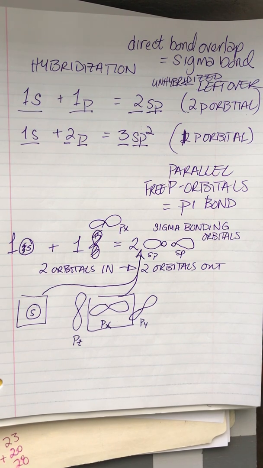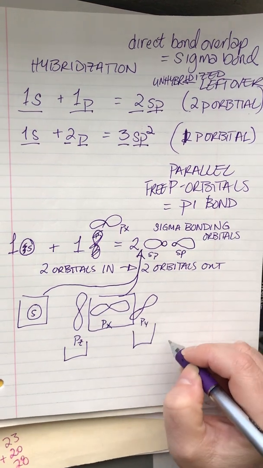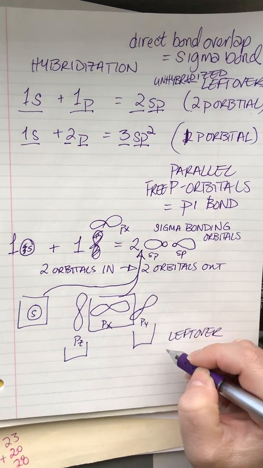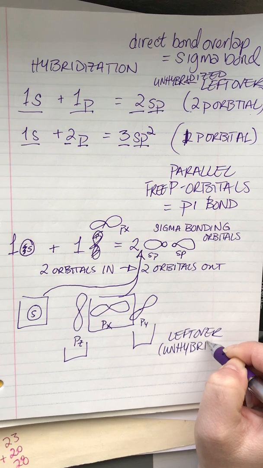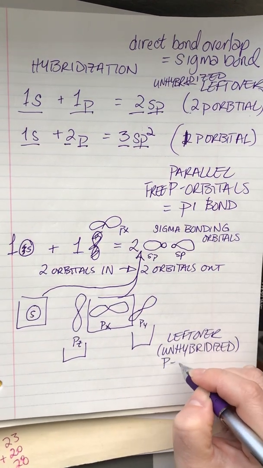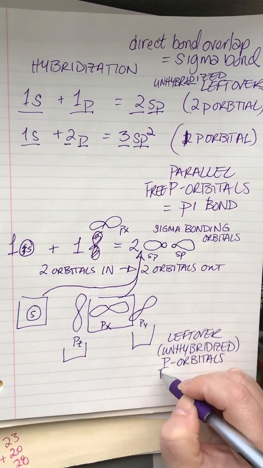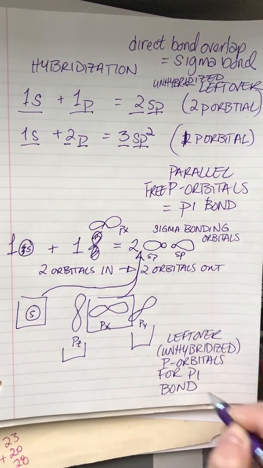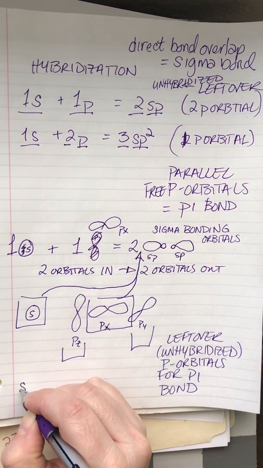So the pz and your py are your leftovers? That's right. So then you have 2 leftover orbitals? Basically whatever ones you don't use. So, if you have a single bond,